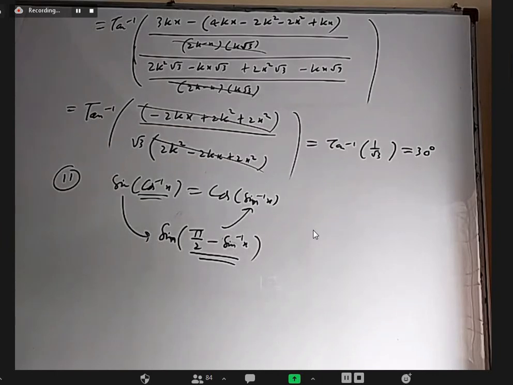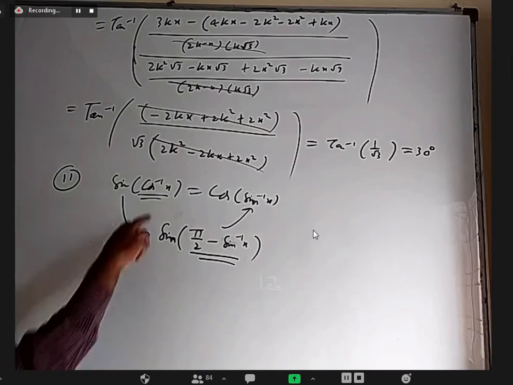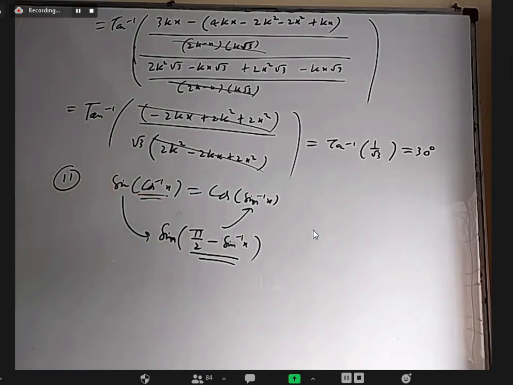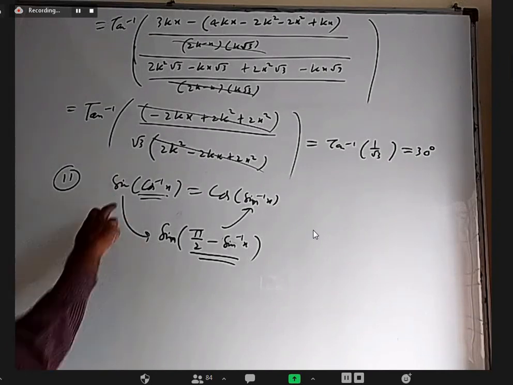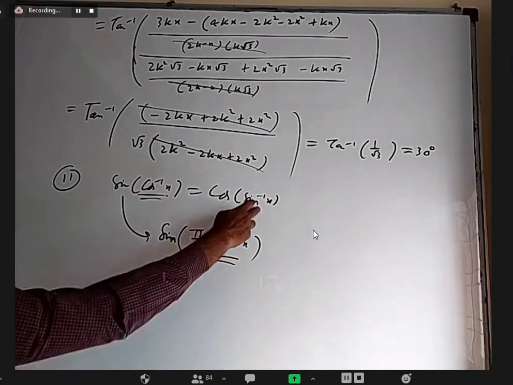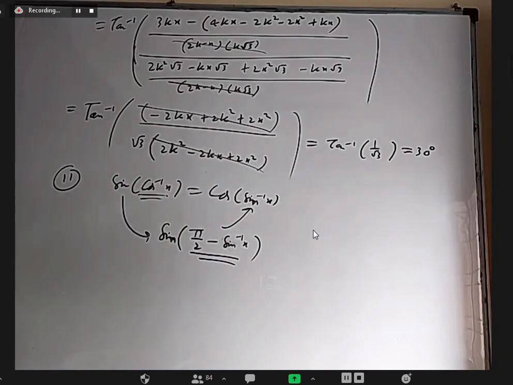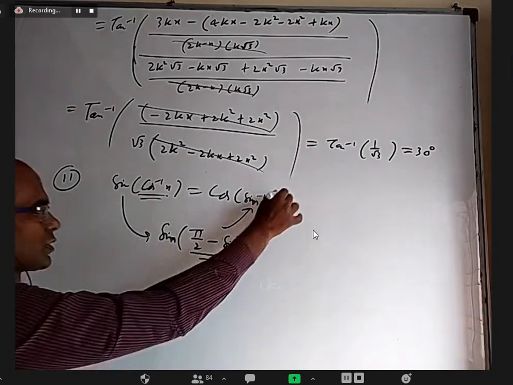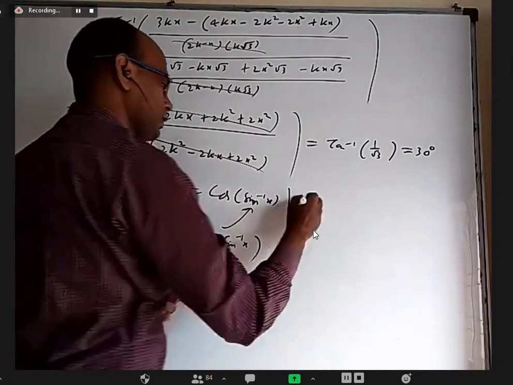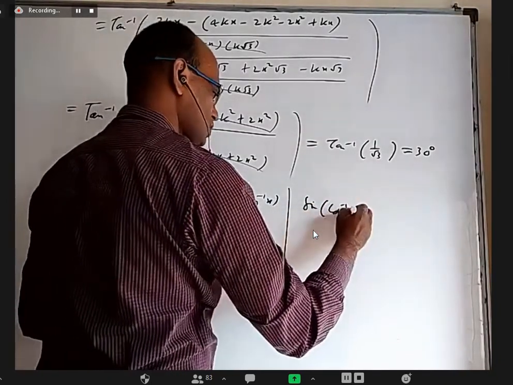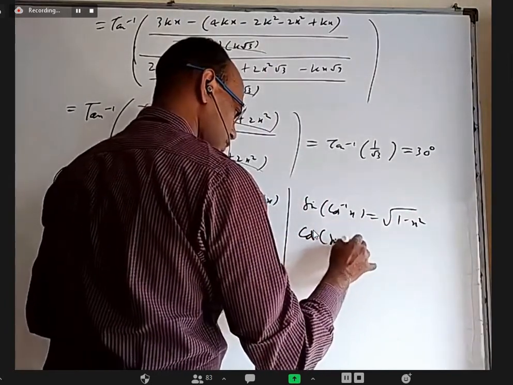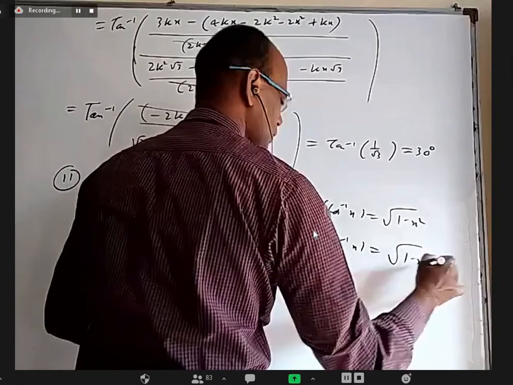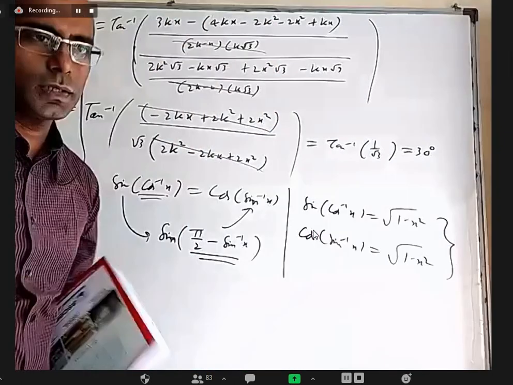What about when x is negative? Also the same. When x is positive, this is root 1 minus x square. When x is negative, it's obtuse, but sine is still positive, so it's fine. Here also fine. Yes, both are equal to root 1 minus x square for all x belonging to minus 1 to 1. So this is one method. Or sine of cos inverse x is equal to root 1 minus x square, and the cos of sine inverse x is also root 1 minus x square. That's why they're equal. Either way.